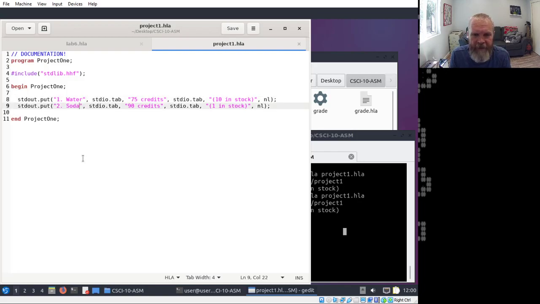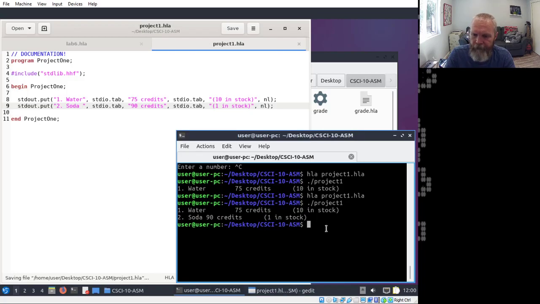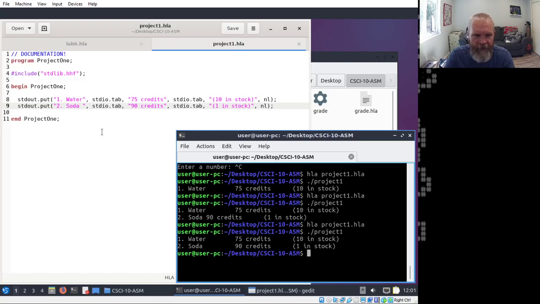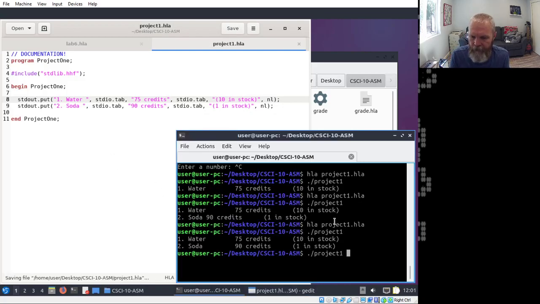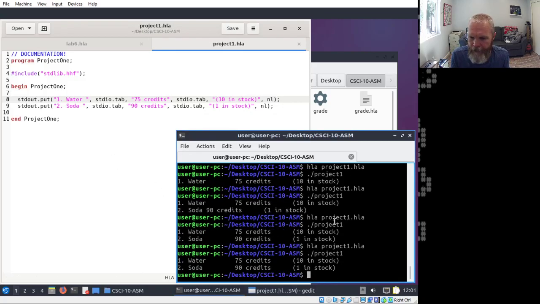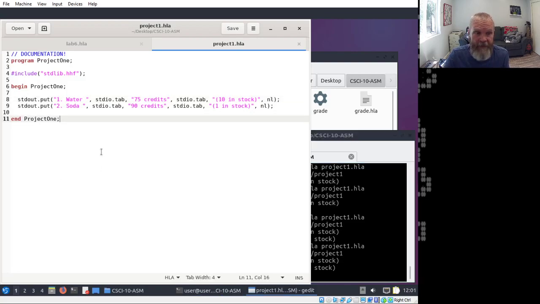So I'm going to have to consider that. Let's see what happens if I put an extra character on water. Does it break it? It doesn't. I'm going to show you why that matters in just a second. So it looks like the extra character doesn't necessarily matter. Okay, so that's for me.